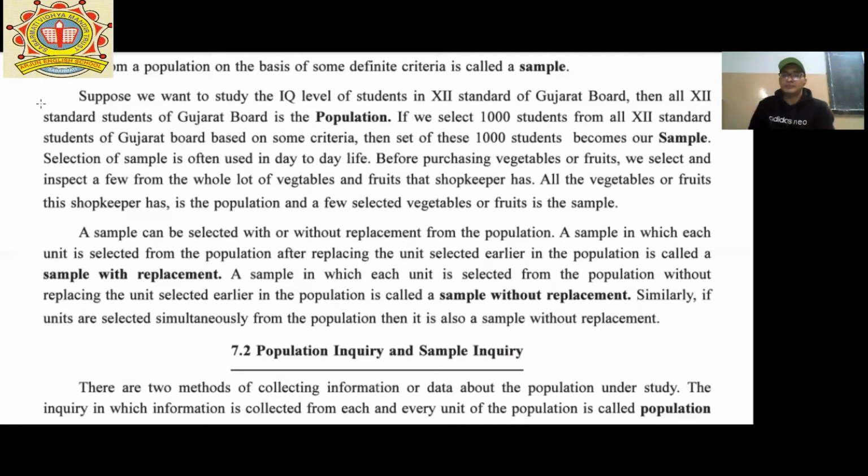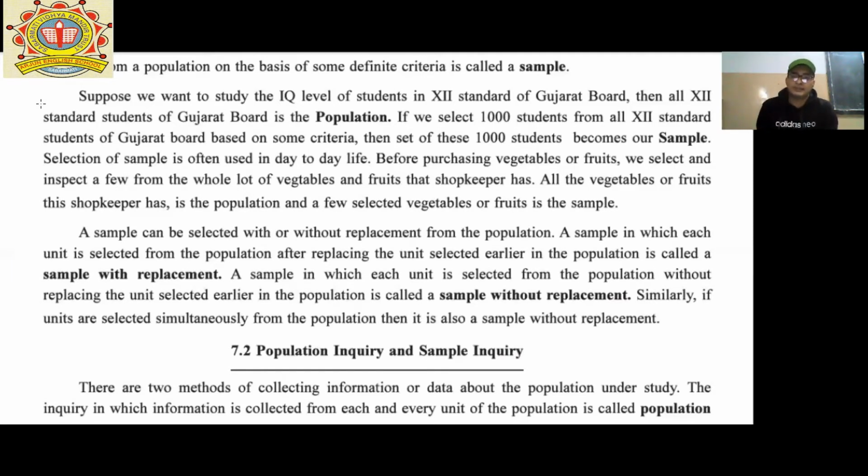Another example, out of the box there are 10 chits available. If I am selecting two chits, then 8 chits are available in the box. But for another experiment, I am putting those two chits back again, and again I am withdrawing one. It means it is called sample with replacement.